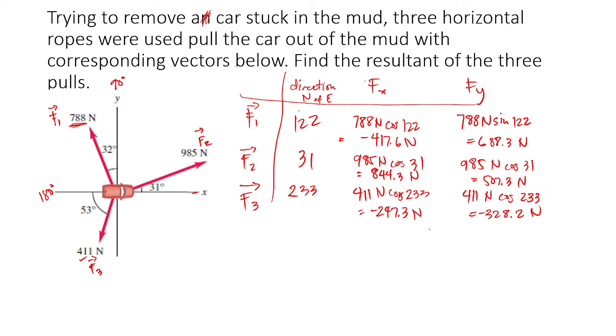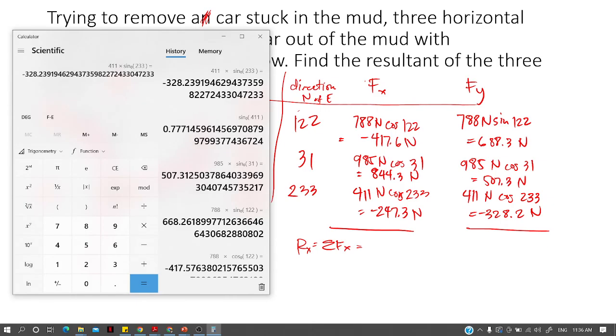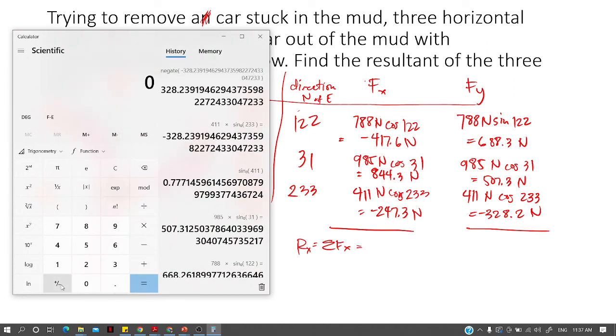Alright, so we have here our Fx and Fy components. Ang kailangan na lang natin gawin is get their summations. And pag nakuha na natin yung summation of Fx na yan, meron na tayong Rx. So, to do that, you just need to add them. Paano mo i-add? Siyempre, kailangan mong i-account yung negative sign. So, that will be negative 417.6